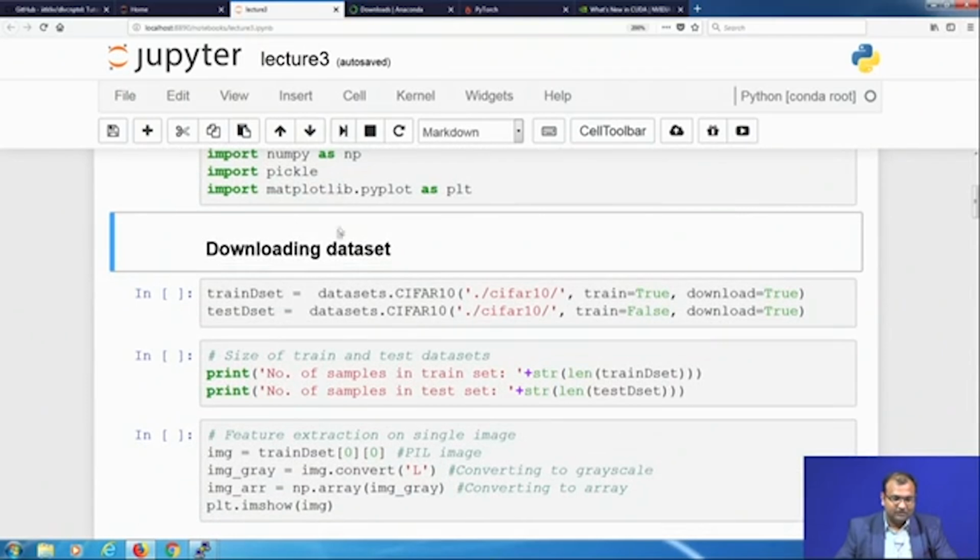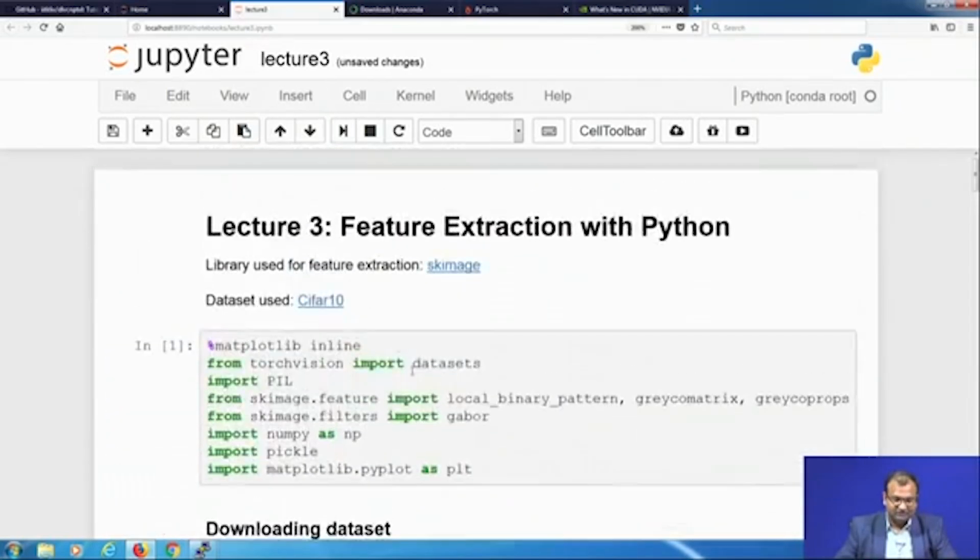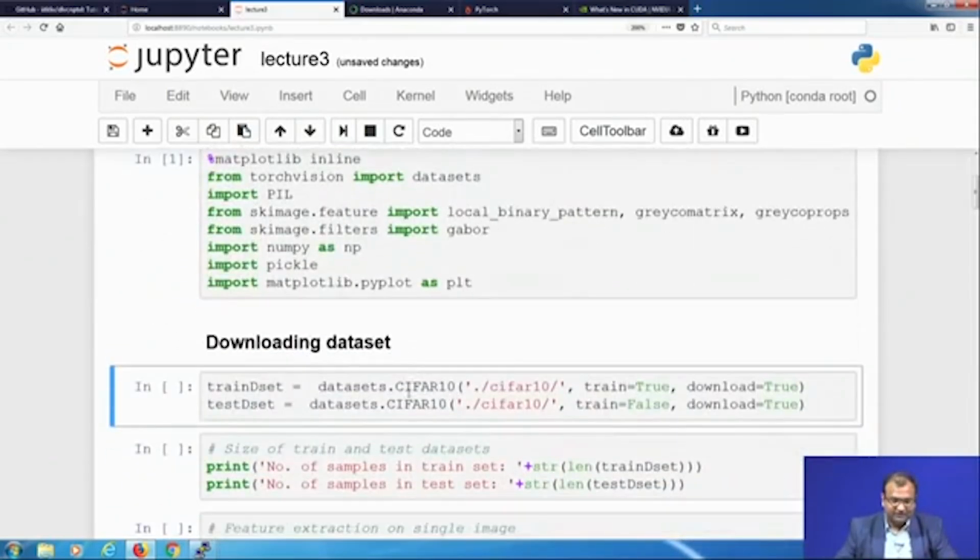So you can choose to run it, but it doesn't actually do anything. Okay, so the next part over here, what I am doing is creating two datasets. This dataset is the CIFAR-10 dataset. CIFAR is basically a small images dataset, with 10 classes of items, images divided into 10 classes. They are small thumbnails of 32 by 32 size,